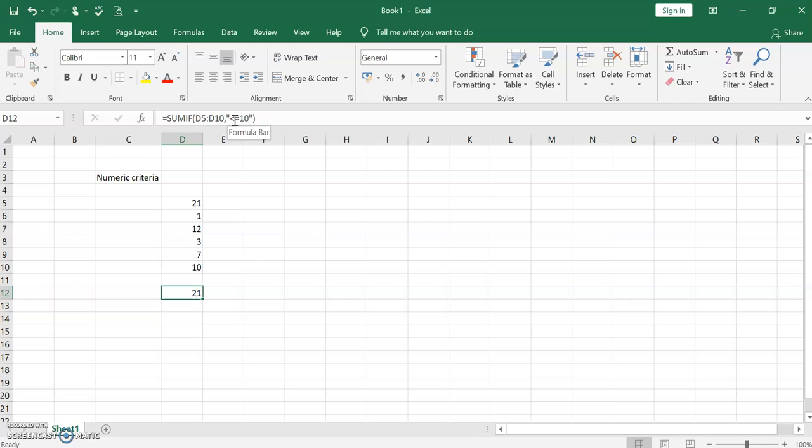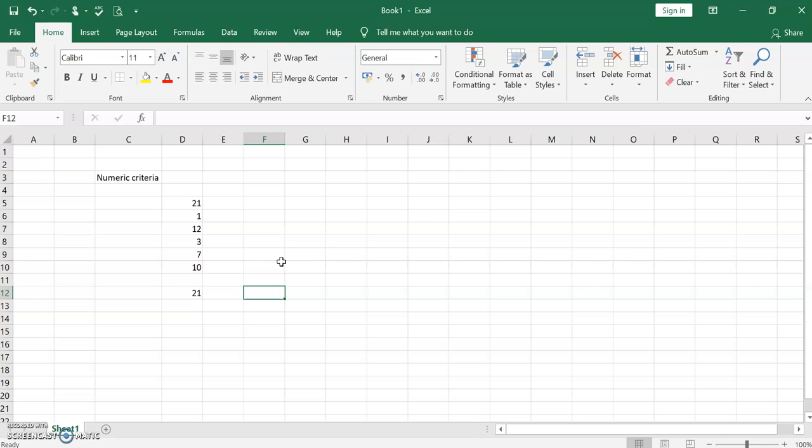So what is another criteria we can do here? For example, I want to do the AND operator, like an AND operator that would join the less than or equal to symbols. Without using the less than or equal to symbol, I'm just going to give the value. The highest value I have here is 21, so I just give that. Let me see how I am going to use the AND operator.